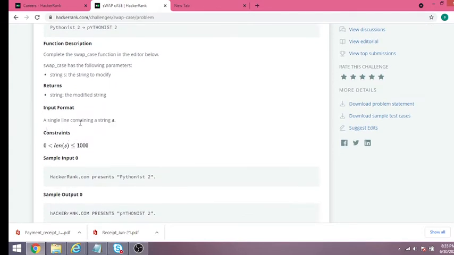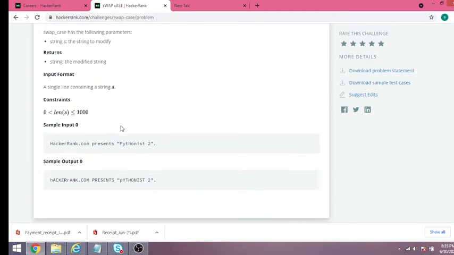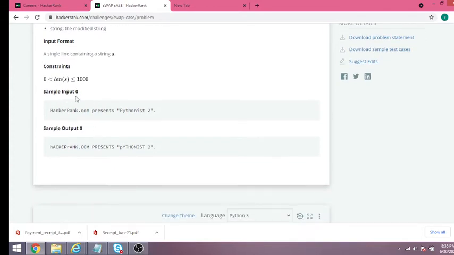It will be a single line string only, and the constraint on the length is 0 less than the string length less than or equal to 1000. This is the sample input, and this is the sample output for that.